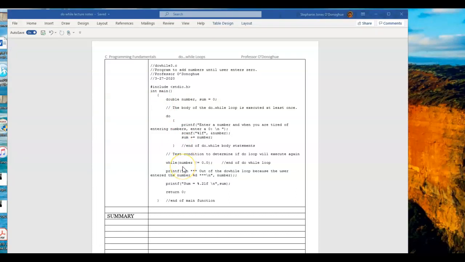Okay, so that's it for do while loops. So I suggest you write a summary. Basically, the difference between a do while and a while loop is that the do while will execute